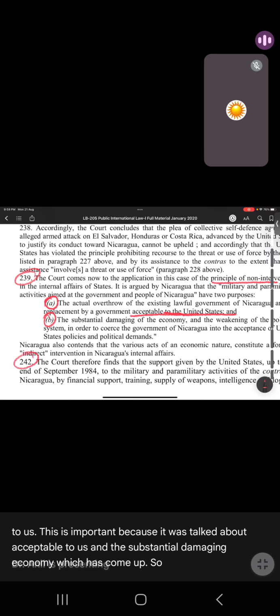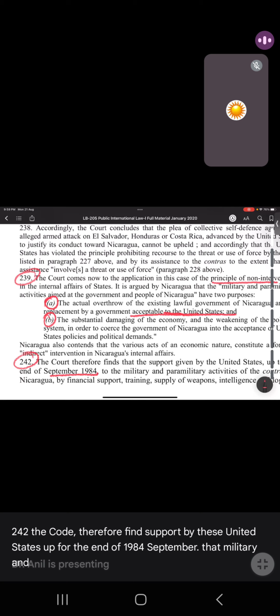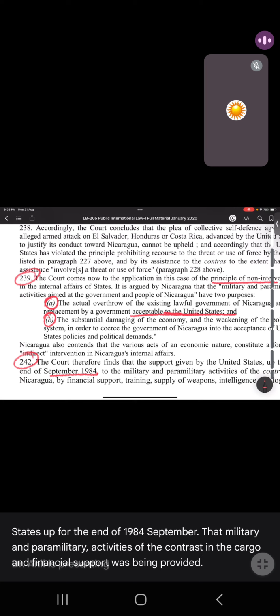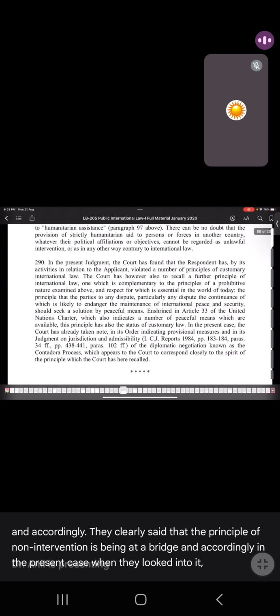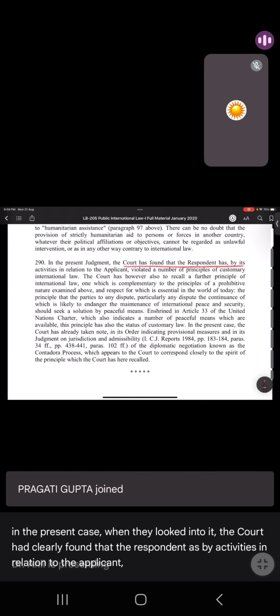So accordingly, in para 242, the court therefore finds support by the United States up to the end of September 1984 for the military and paramilitary activities of the Contras in Nicaragua, and financial support was being provided. And accordingly, they clearly said that the principle of non-intervention has been breached. In the present case, the court clearly found that the respondent has, by activities in relation to the applicant, violated a number of principles of customary